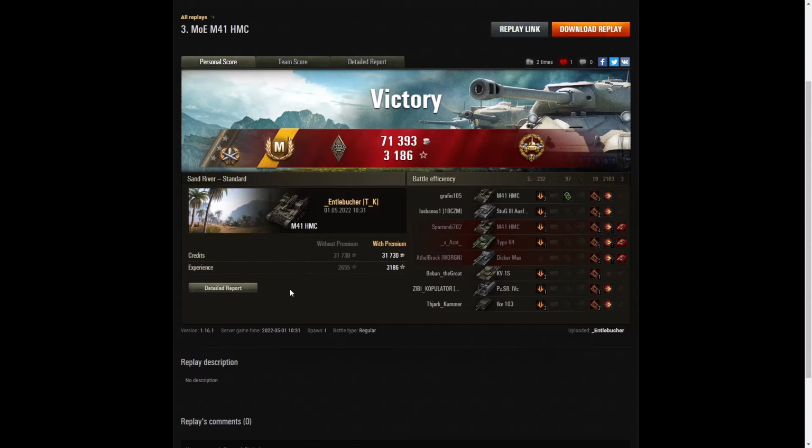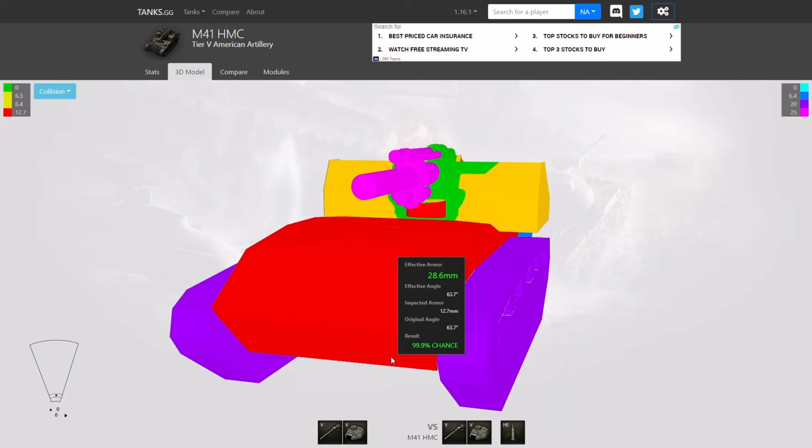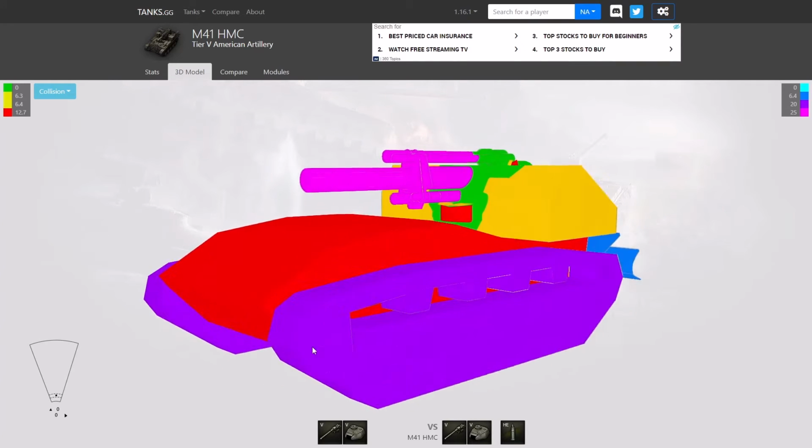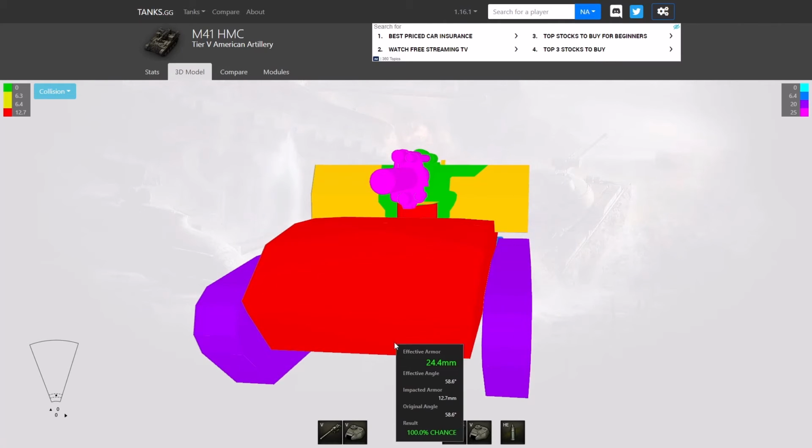Let's have a quick look at the armor profile for the M41. I think you can see that it is basically a Chaffee by any other name. It's got a very small, very light front plate, because remember, this is a light tank design. It was designed to supplement the M12s when they first made these, and they were going to make 250 of them, but they actually only ended up making 85 because of course the war ended by the time they